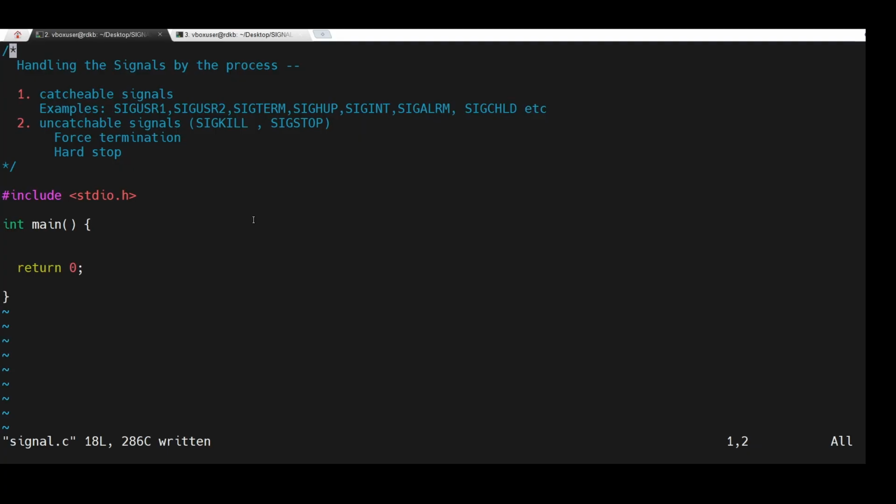When we make the program accept or take that signal and then process it accordingly, the real work of IPC using signals is accomplished. We have two types of signals: first are catchable signals, and second are uncatchable signals. In a catchable signal, we can get this interrupt, and we can do some action in that process using a handler function